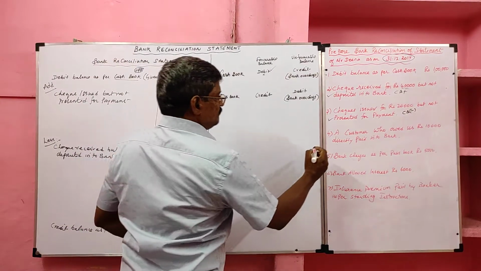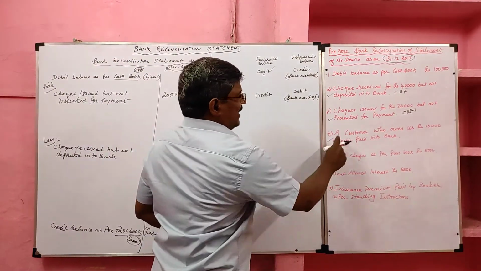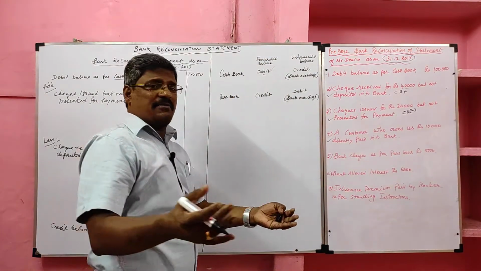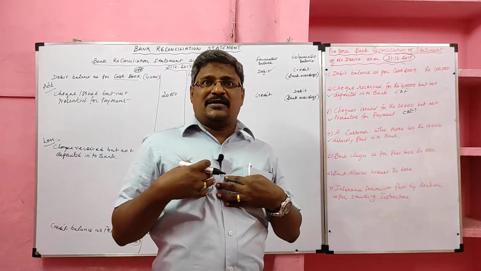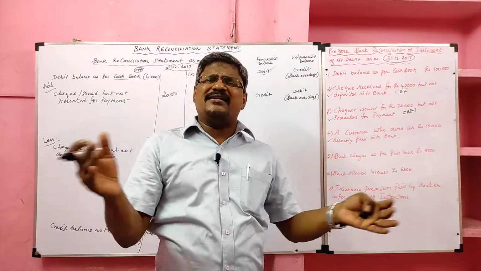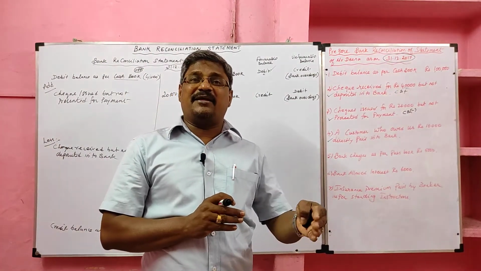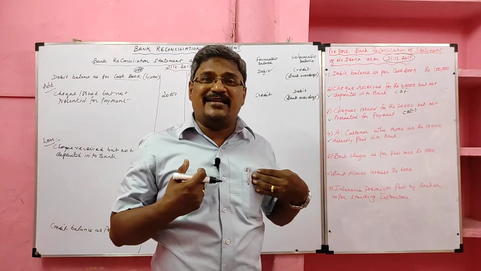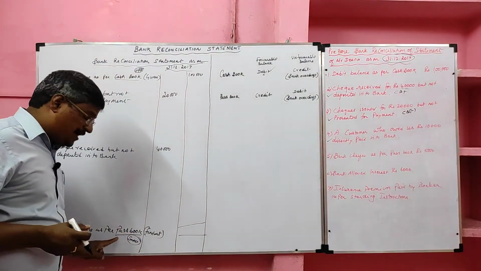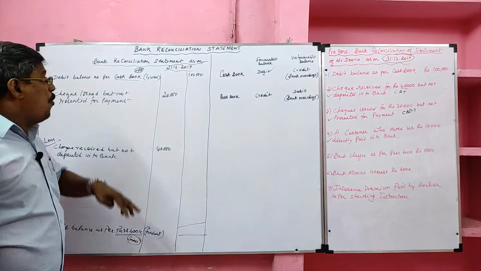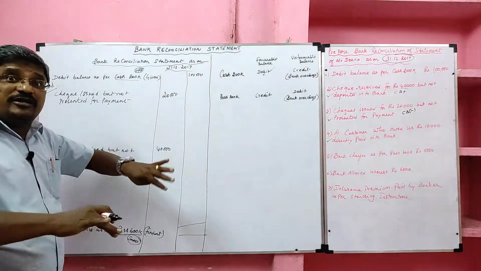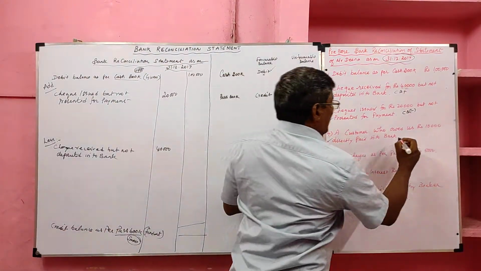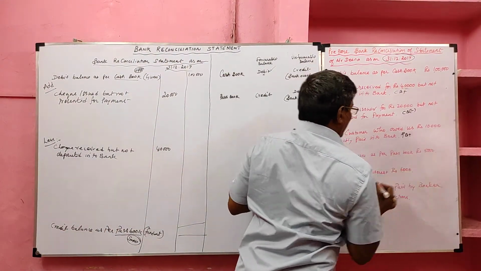Next, fourth one. A customer who owed us rupees 10,000 directly paid into the bank. Where did the transaction take place? The transaction took place in the passbook. So in the passbook, what did they do? It was added. What I said, what they did in the passbook, we have to do the same thing. What they did in the cash book, we should give the opposite effect. But this transaction was added in the passbook. Now we have to add.